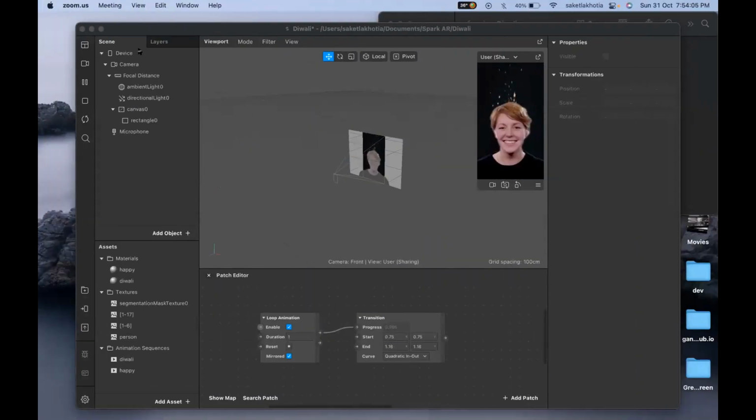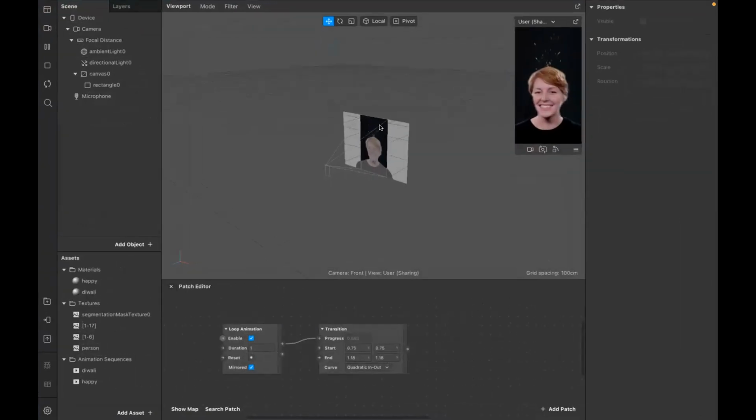Ma'am, host has disabled screen sharing. Okay, try. Yes, ma'am. Ma'am, so can you see the screen?